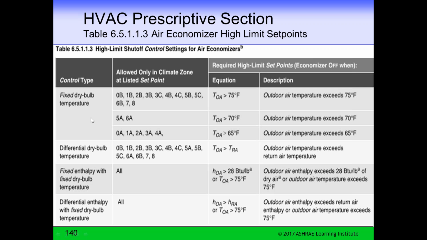So I personally, since you asked my opinion, and this is not from the standard or from the code, use a dry bulb economizer with a humidity override in critical spaces. I put a humidity sensor somewhere in the building or in the unit, depending on the design, and if it gets too much humidity, then I override the dry bulb. So it's close to the fixed enthalpy, but a little bit different.